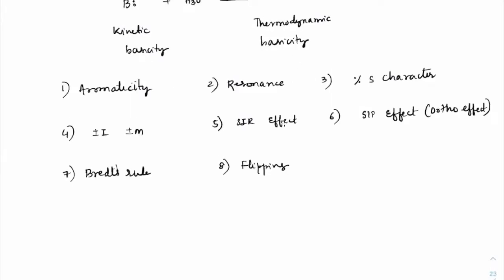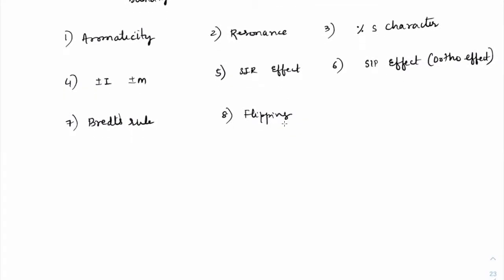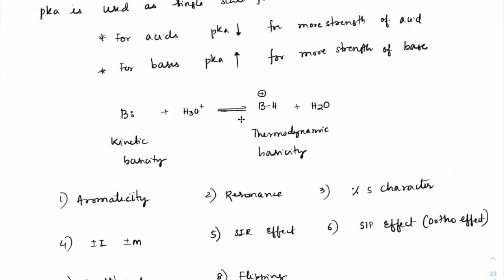On the basis of these we will discuss whether they will be more acidic or more basic, more basic or less basic. Okay, students, make a note of it. Kinetic basicity we always check with respect to the availability of lone pair. How easily available, how difficult the lone pair is to make available. Thermodynamic stability is on the basis of the stability of BH+. Stability of BH+ depends upon its pKa value, right? Higher the pKa value, less will be stable.